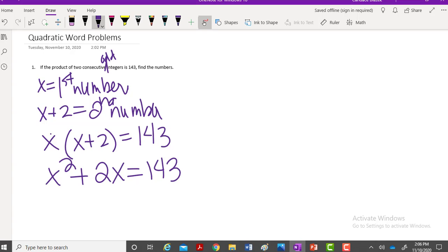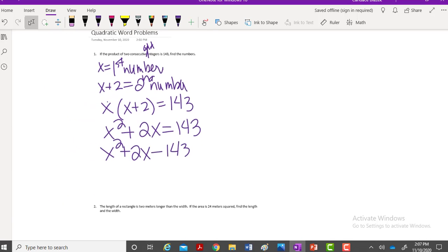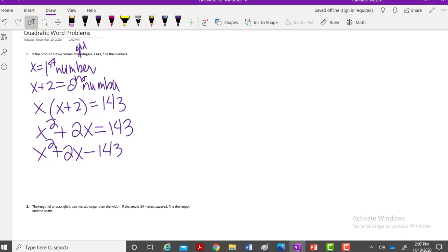I have that x squared, which means I'm going to need to factor to solve. But to factor to solve, I have to get everything equal to 0. So I would subtract the 143 from both sides, and it would be equal then to 0. Getting my answer area ready,